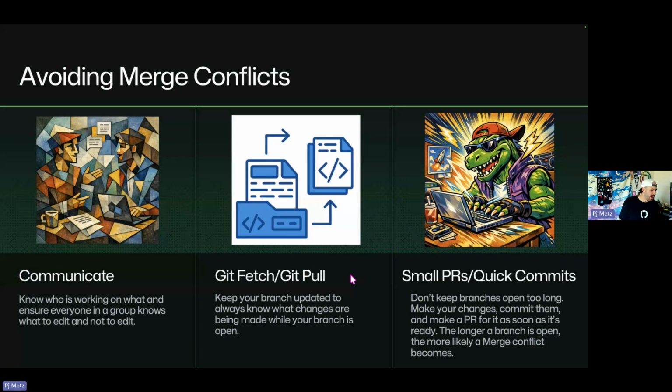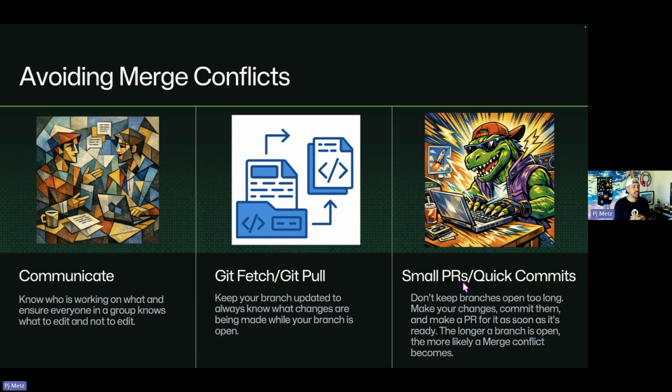And I remember when I started doing it again, I would forget to do git pull. And I would do like 45 minutes of work and realize, I didn't pull. Okay. So I always have to go and pull and hope that something someone else merged earlier isn't causing a problem. But git fetch to see if there's changes, git pull to bring the changes down. That can help avoid merge conflicts as well, because the changes that happened on the server will now be on your local machine. The final advice is actually small pull requests and quick commits.